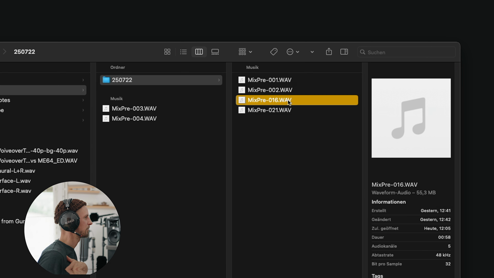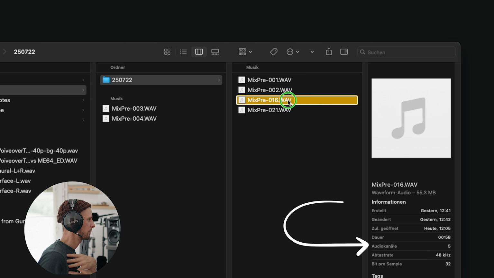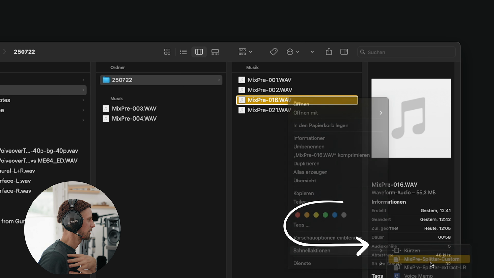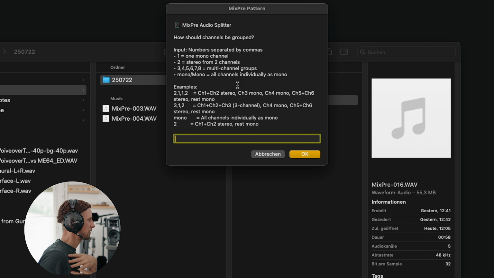If I want to now use this 5-track recording here and split up the first 2 tracks into stereo, which is the left and right mix of my Mixpre, and then track 3, track 4, track 5 as separate mono files, I again can open my splitter workflow. I can choose how I want to assign each track. So if I enter 2, that means the first and the second track are going to be put together to one stereo track. If I then enter 1, that means the third track is gonna be a mono track, and